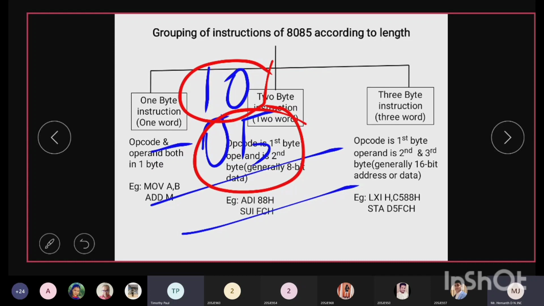Hope you all remember that 8085 has 6 general purpose registers, namely BC, DE, HL. Then A is the special purpose register where by default to perform any arithmetic or logical operation, I need to get one of my data to the accumulator. That is nothing but the A register. Got it? Did anyone write it right now? The same thing, only you will change the instruction. SUB you will write it.